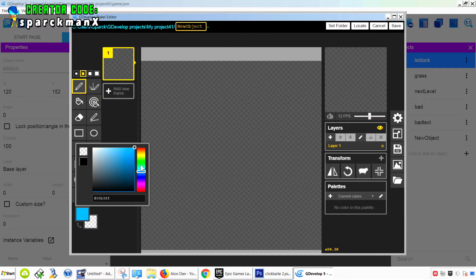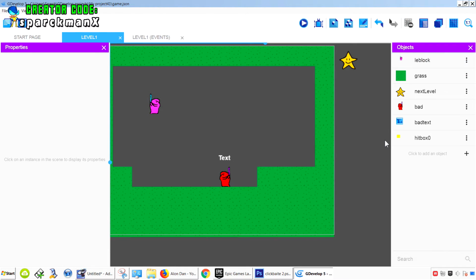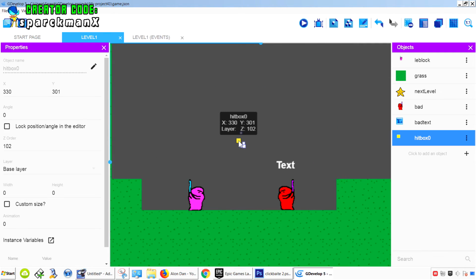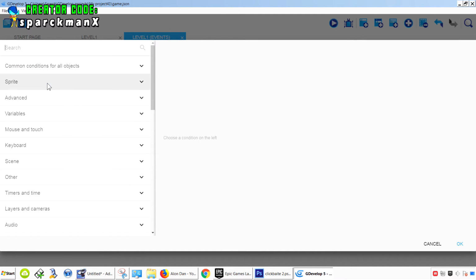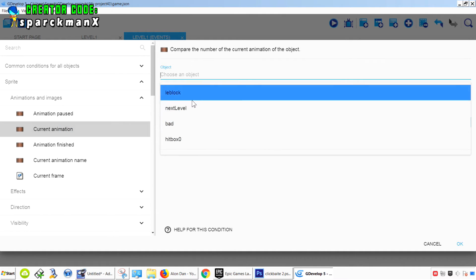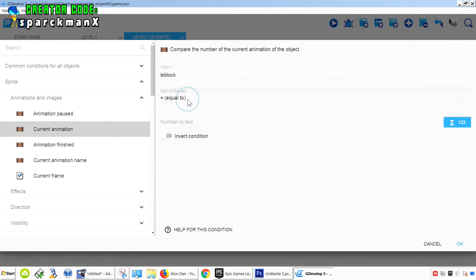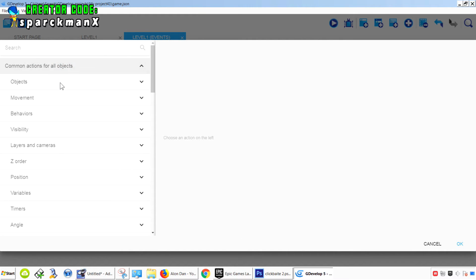And let's make it yellow. Save it. And there is our hitbox. Okay. So we're gonna place these only when the animation slash is playing. So add a new condition. If that animation is playing, current animation of lip lock equals slash animation one actually. So if that is playing, we want to change the position of that object,